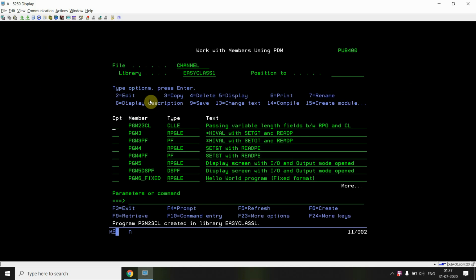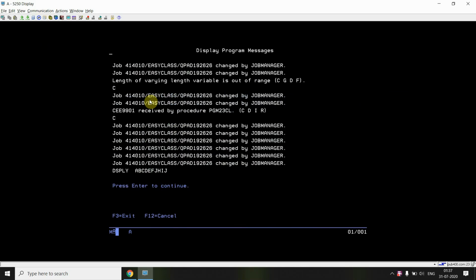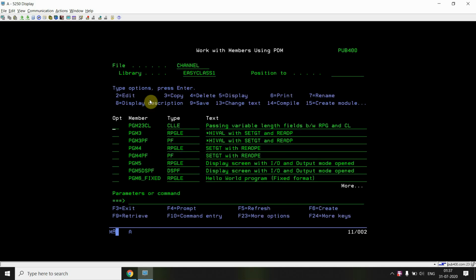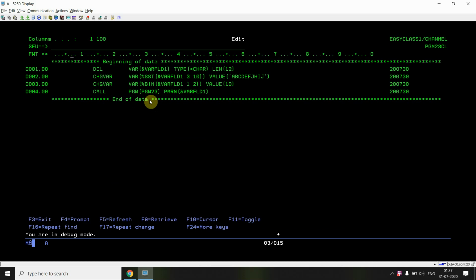If I pass it like this, I would not get any error, and I would be able to see my output, which displays A B C D E F G H I J. So now I will be able to call my program, but this becomes hard coding for me, so I would not do this.